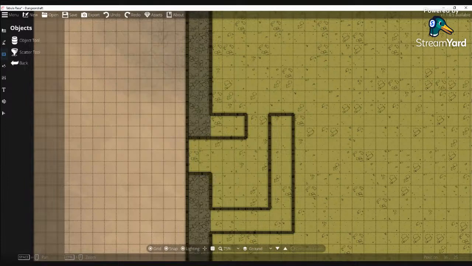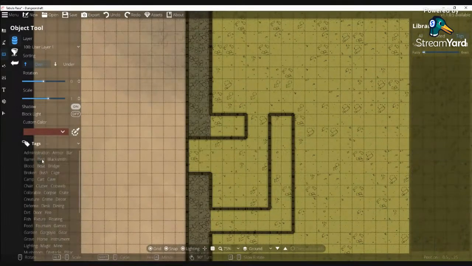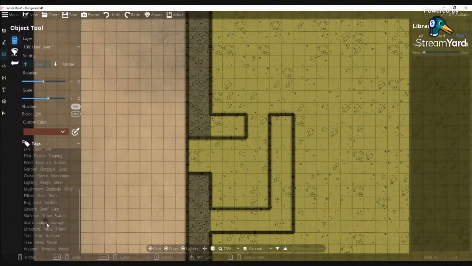All right. So an entry chamber in a tomb. Let's see. Probably going to have some form of statue. I pulled up the assets here. A chute that leads to an upper level, but is also a trap. So a chute in this room that goes up. We can definitely put that in. But as far as features of the room goes,